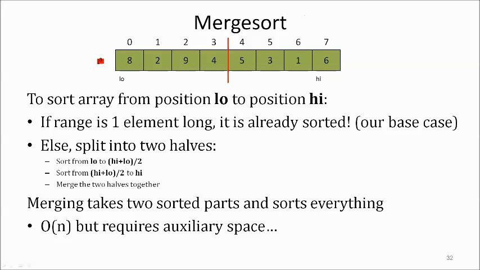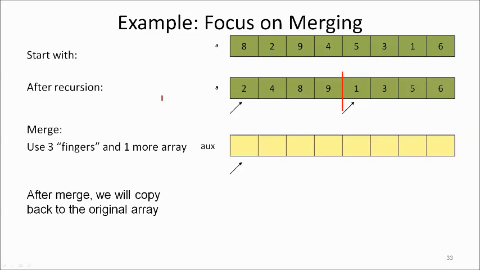Okay, if you consider this as an array, this is the address: 0, 1, 2, 3, 4, 5, 6, and 7. So we divided the array into 2. We split it. That's why we arrive at 8294 and 5316.